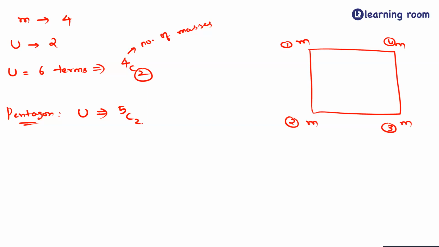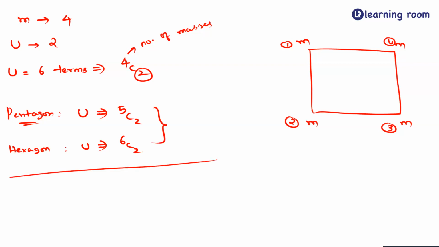Are you listening to it? So how many terms will be there? There will be 5C2 terms. Similarly, if I use a hexagon, you will have 6C2 terms. Whereas, when I write the expression for potential,